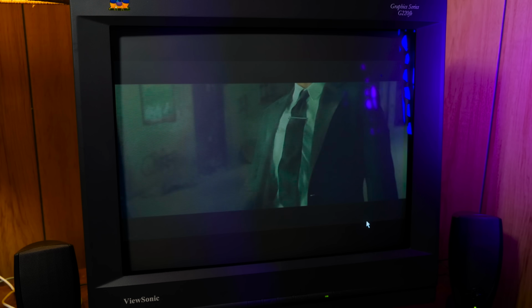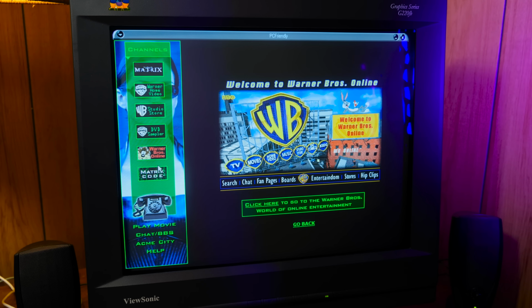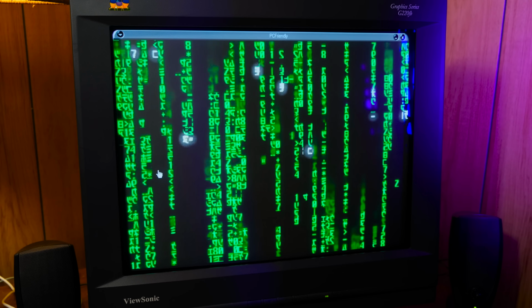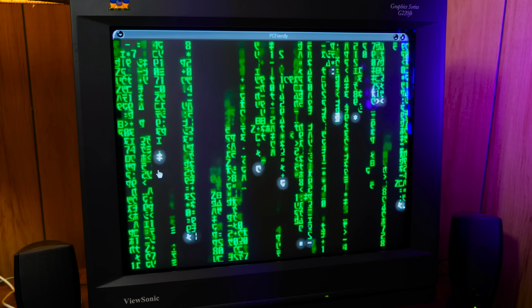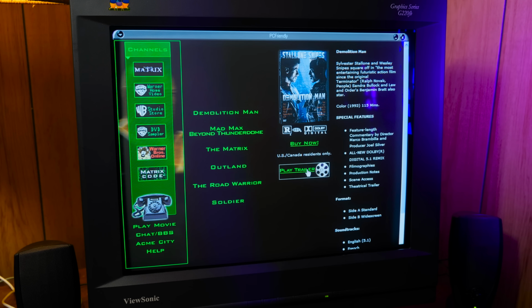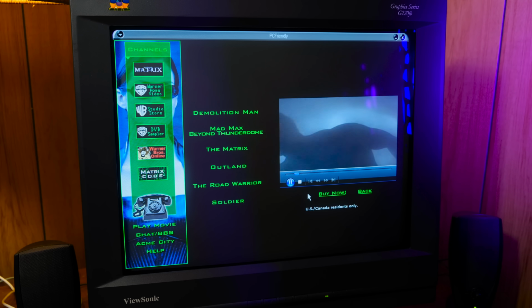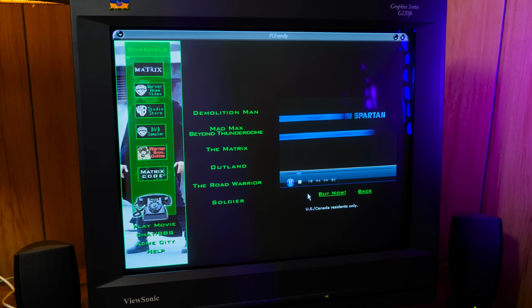Some of the rest of this stuff is just straightforward fluff and marketing, of course, like this page of shortcuts to some of the movie's more standout fight scenes, and this Matrix code page, which shows a nifty but entirely too short loop of the iconic green characters. And then there's this page of nothing but movie trailers, but let's be real, this kind of thing was very much welcomed back in the day, because downloading these trailers through dial-up in any kind of decent quality took ages, so this was sweet.